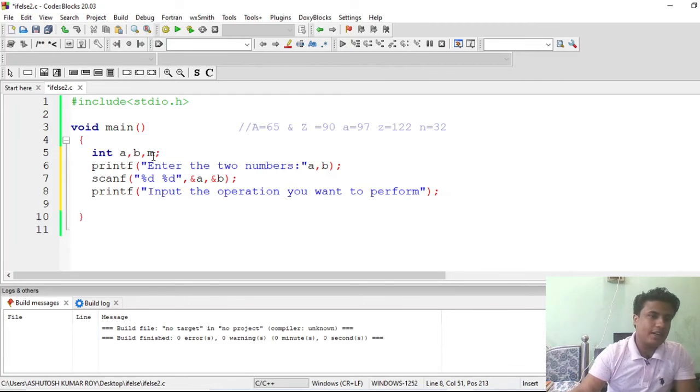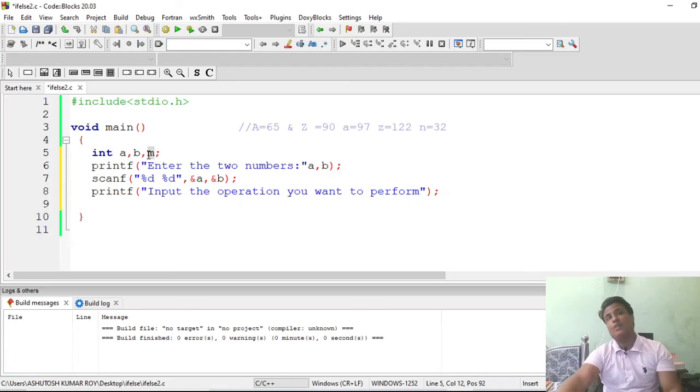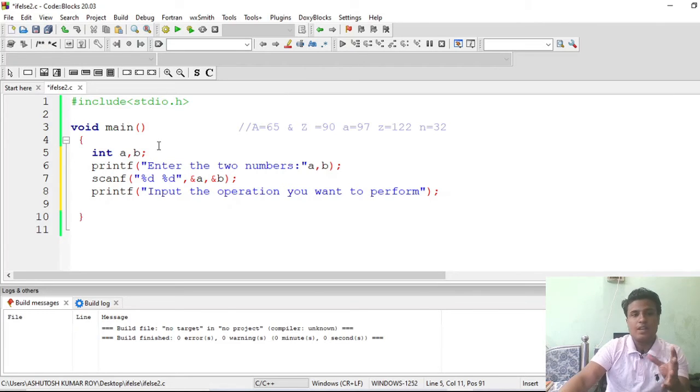Although I could declare this variable as int and it will work perfectly fine, let me not confuse you. We are storing an operator here, which comes under characters, so let me declare a character variable. It also works fine with int, because int is a bigger data type than char, but we could also store the character value using a char variable.